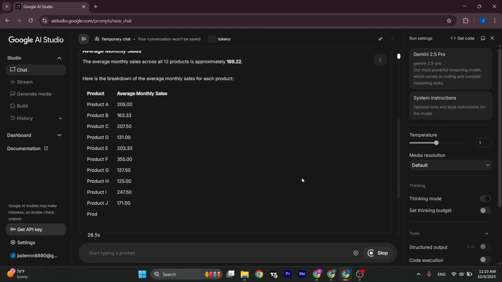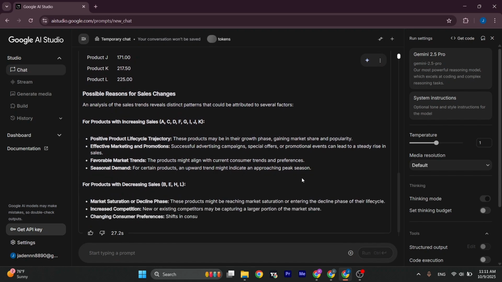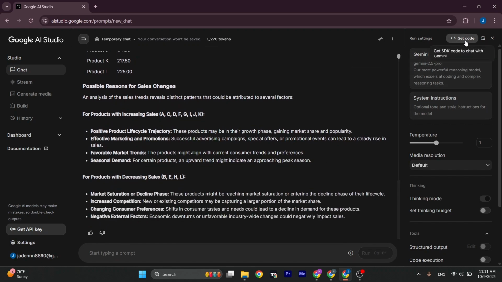Once you're happy with the setup, you can click on the Get Code option on the top right and use the same logic in Python or JavaScript as well. So if you're new to data analysis or just need a quick insight, this is a super easy way to